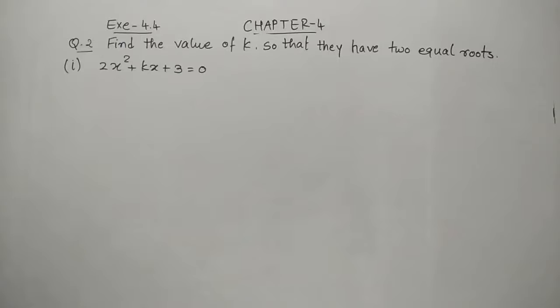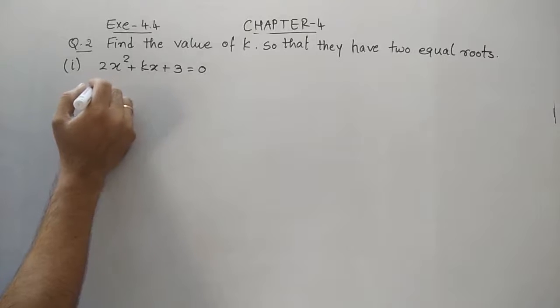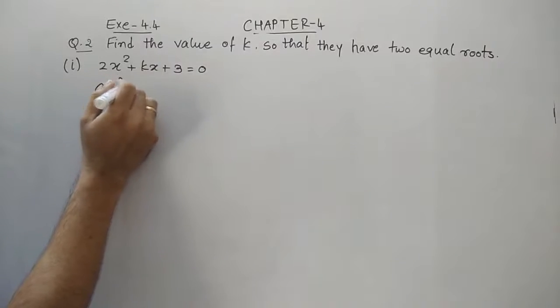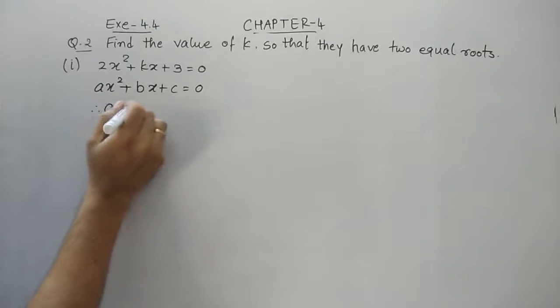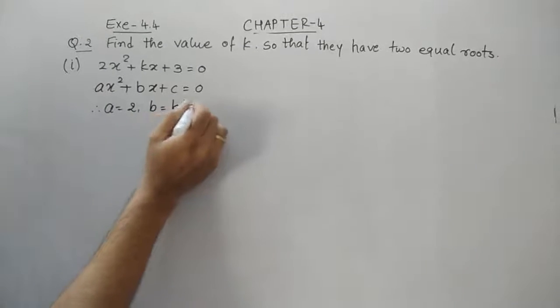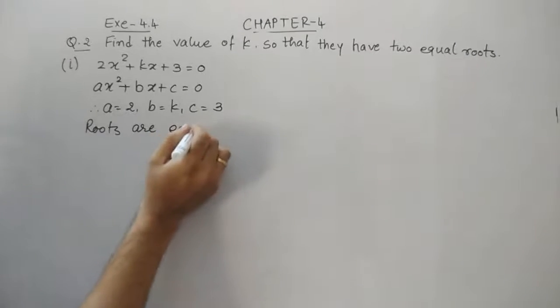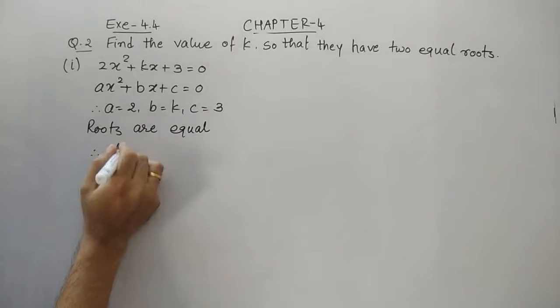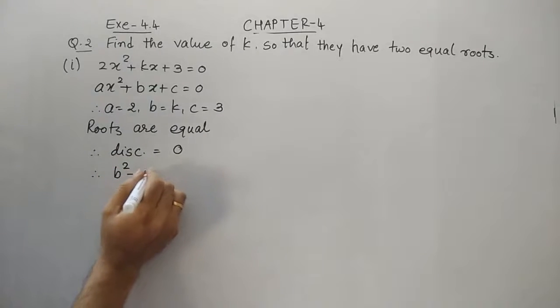So now see students, when it is already mentioned that the roots are equal, so we can say that the value of discriminant is 0. So first we compare with the standard form. Ax square plus bx plus c equals to 0. A is 2, B is k, and c is 3. As it is given that the roots are equal, so we can say that the value of discriminant is 0. That means b square minus 4ac value is 0